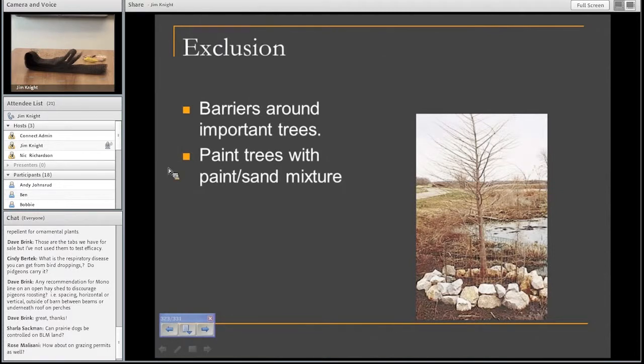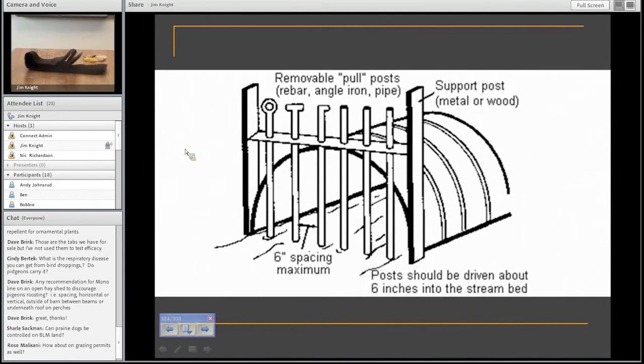There's some things we can do to prevent culvert plugging, and sometimes that requires putting a fence around it, making it a U shape, or we can make a contraption where you put rods through some rebar and angle iron, and then you can pull those rods out to release any of the material that the beaver put up against it to plug it, and then it'll wash right through. It's a continuous chore to have to open that up, but if you're in a place where you aren't going to prevent the plugging of that culvert, this can work real well.